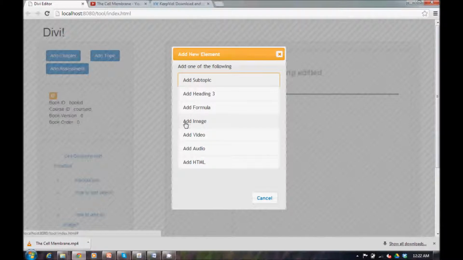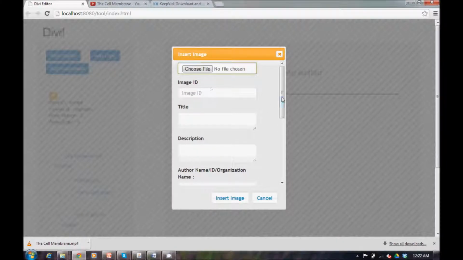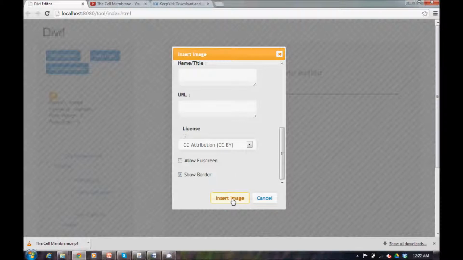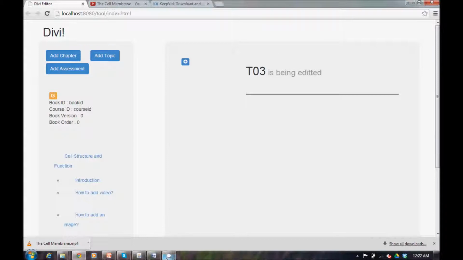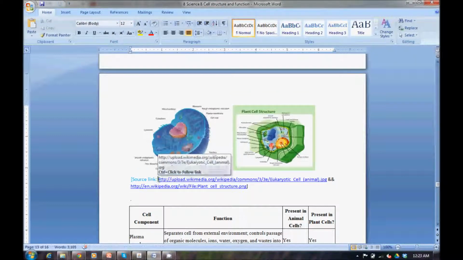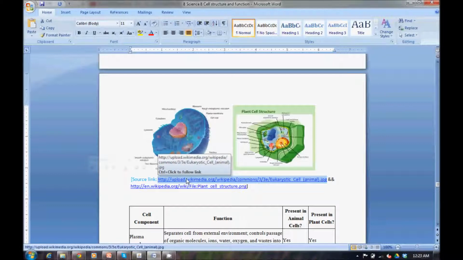The add image button will give me a pop-up, wherein I have to give all the information again, give the link to a local address to the file, and then press this button so that the image gets inserted. Now let's go to the lesson, the Word document file that we have, and say this image is something that you want to add. Now the link to the image obviously would be given there because it's mandatory for the creator to include the source. So I'm going to copy this link